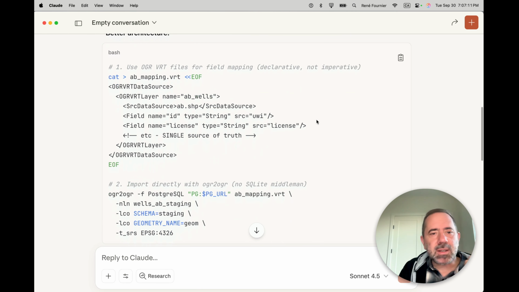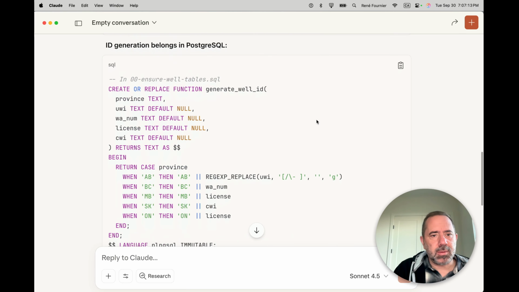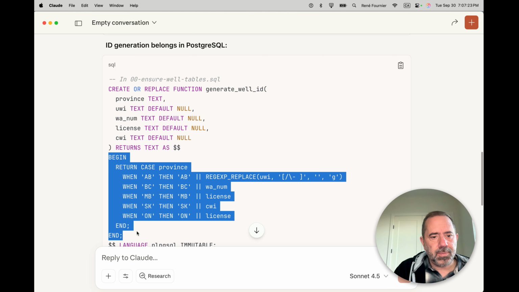Yeah, so this is interesting. I won't read all of the source code. Generating primary keys in the database, one function to rule them all. I would agree. Okay, so here, this is my point. I want to learn, and it's teaching me something I didn't know before I started recording this video.